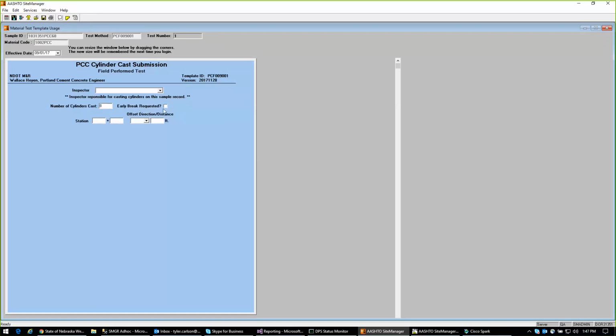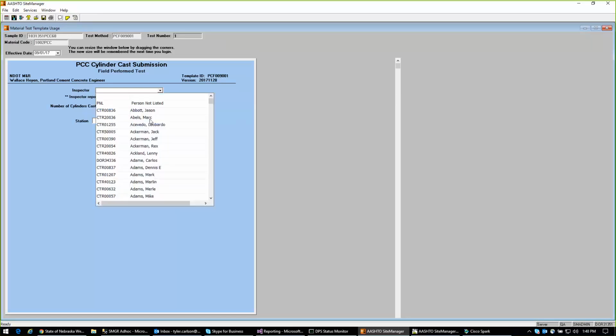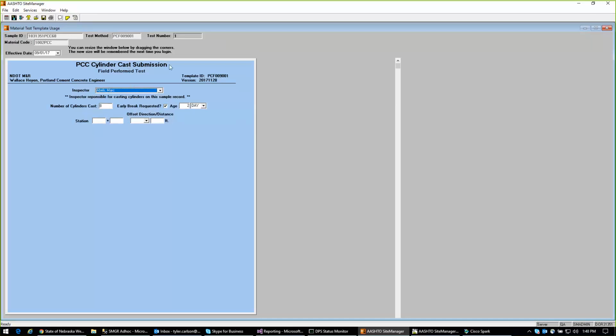If you are requesting an early break, the labs asked us to add this here, as well as the age of the cylinder that you want it broken at. And then, of course, the stationing and offset information, just kind of as a standard we're including. But the information that you select here on this PCC cylinder cast submission, if you utilize the